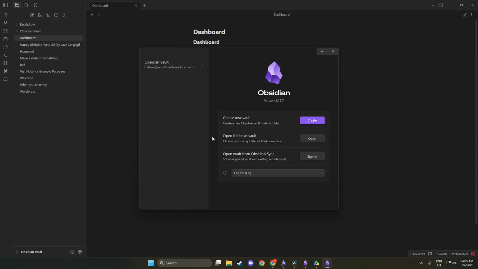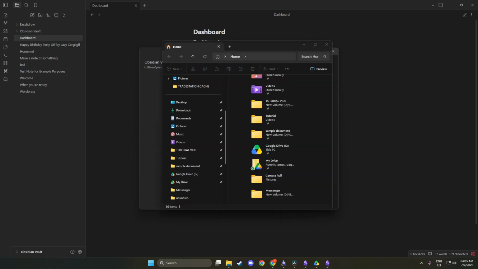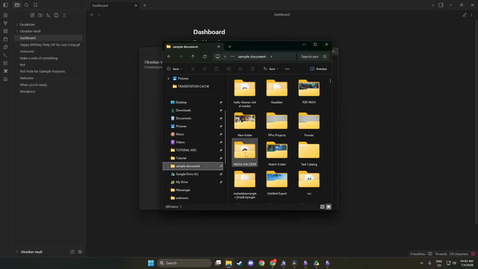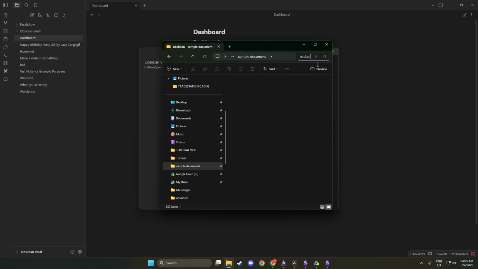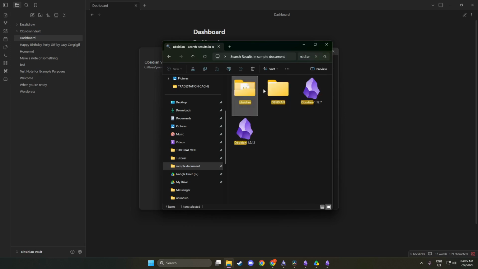Now it's time to open File Explorer if you are using Windows or Finder if you are on a Mac. This step is crucial because you need access to your file system to move the vault folder. As you open the File Explorer or Finder, look for the current location of your vault folder. Depending on where you set it up initially, it might be in your documents or a specific directory. This visibility helps you confirm that you are working with the right folder, reducing the chances of errors.